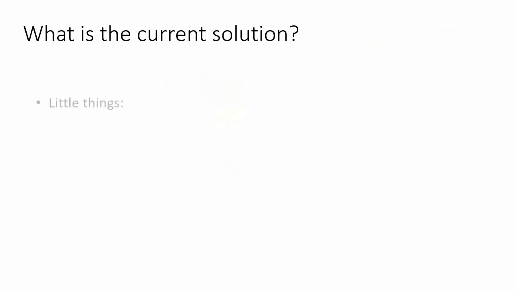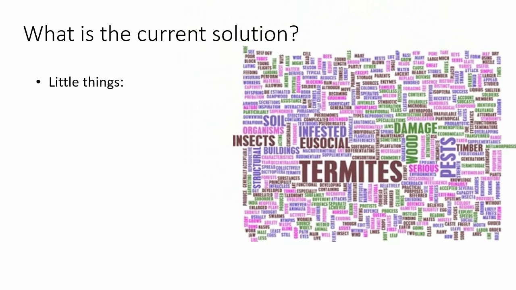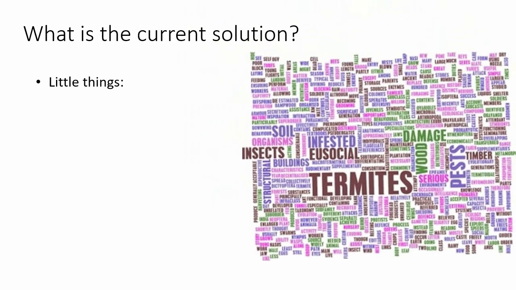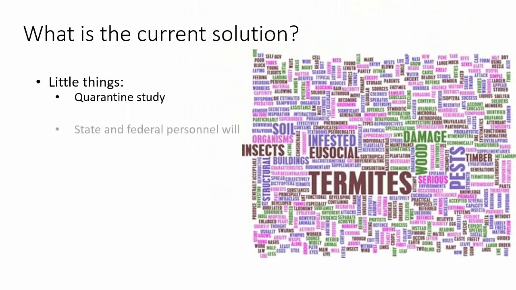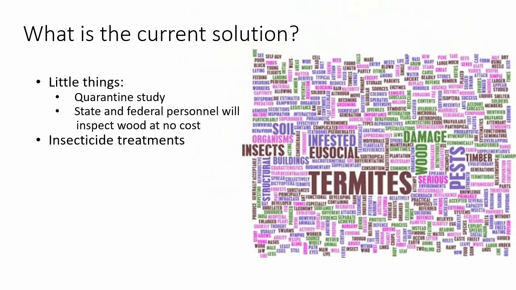Now we know how the beetles are produced and spread. What are the current methods to get rid of them? There are some little things like not moving firewood across borders. The importation of infested wood is now prohibited, and they are also encouraging people to not plant host trees. And there are state and federal personnel that will come inspect the wood and quarantine it if necessary. There are insecticide treatments as well, but these methods are harmful to